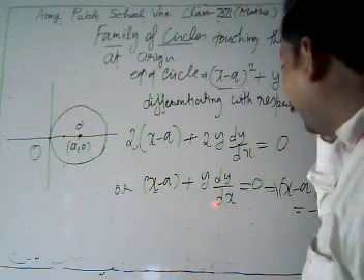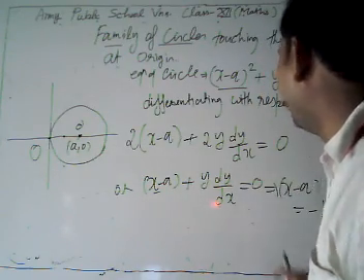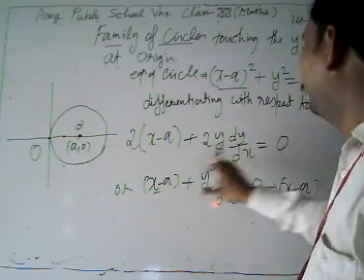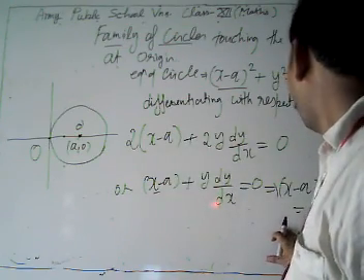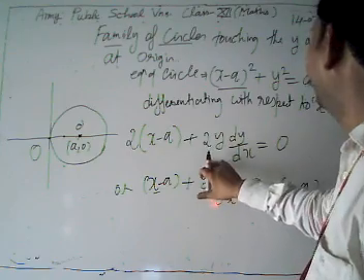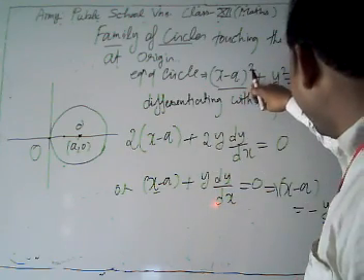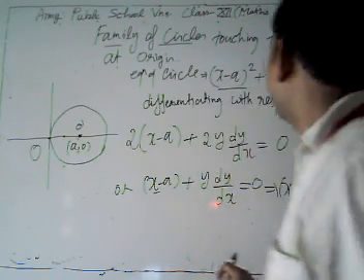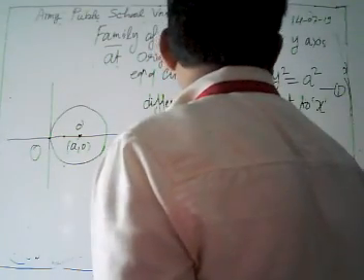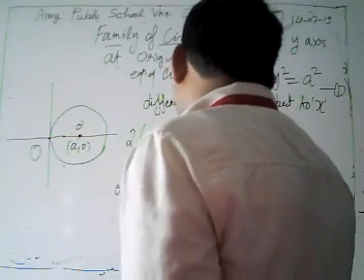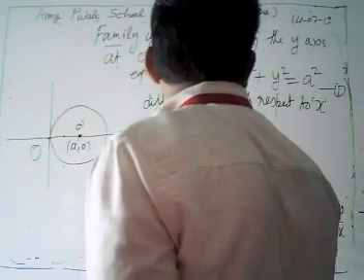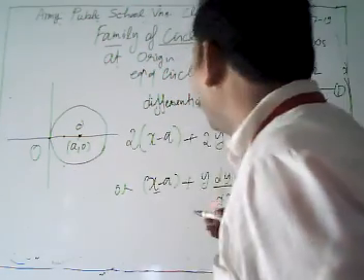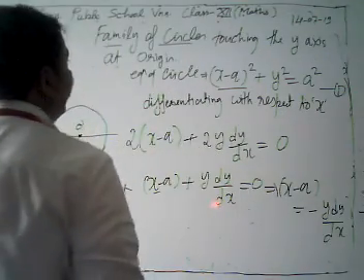Look, we are going to put the value of x minus a where? From there, we have to put the value of x minus a here. Then now look, it's minus y dy/dx. We have to eliminate this by putting the value of this; look, it's a square. I hope we haven't made any mistake there.